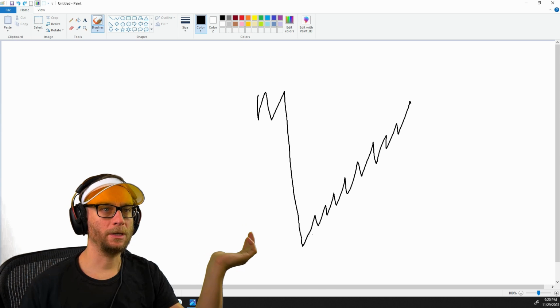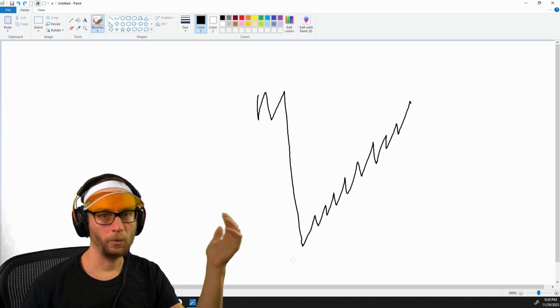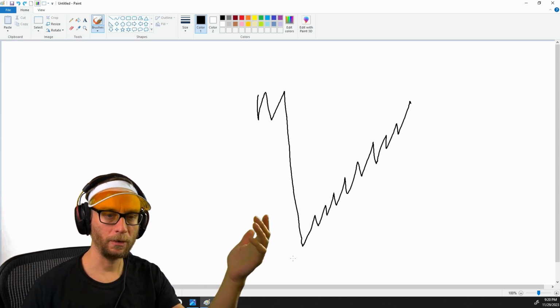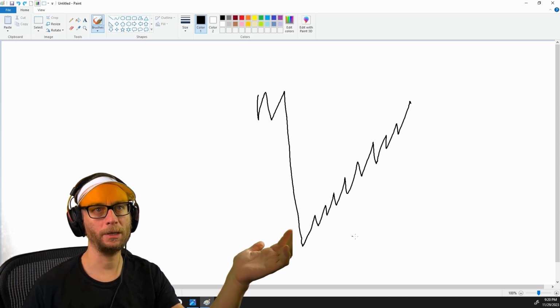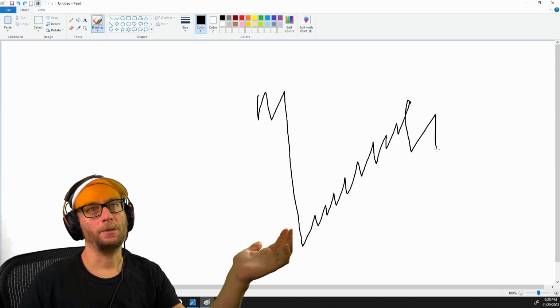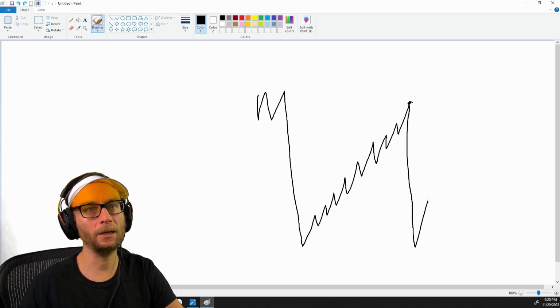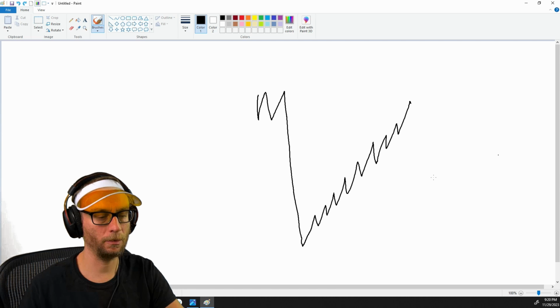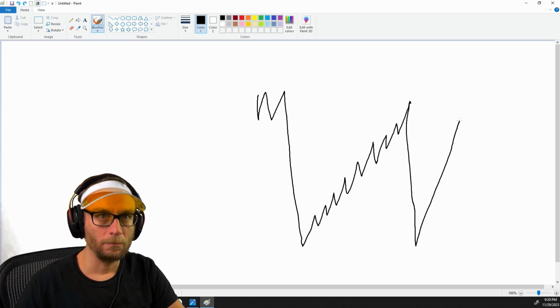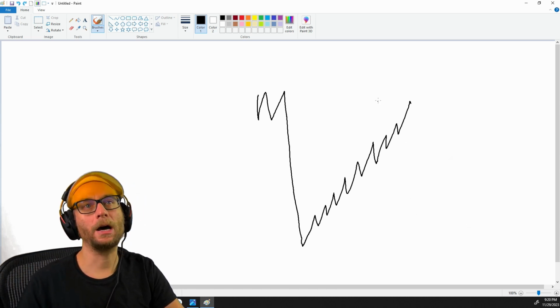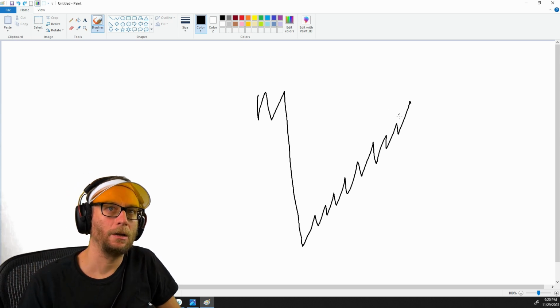The problem is the larger these are, the more ticks it covers, the more unpredictable the range will be, because it could range up here at first, or it could come back in immediately and then range in the middle, or it could do this. It could be real broad. It's hard to say.